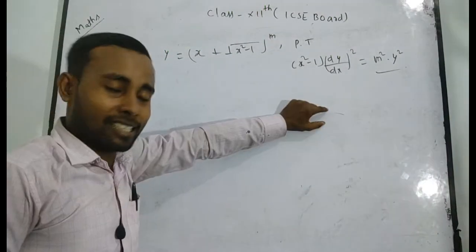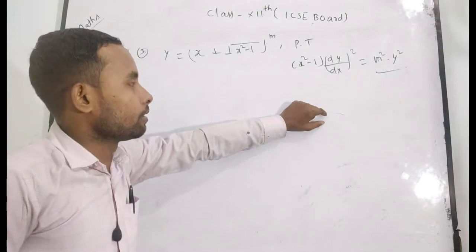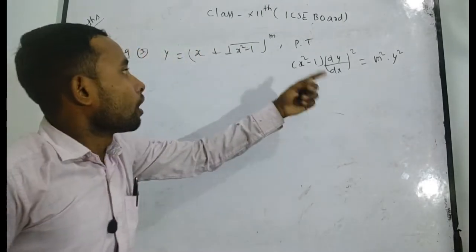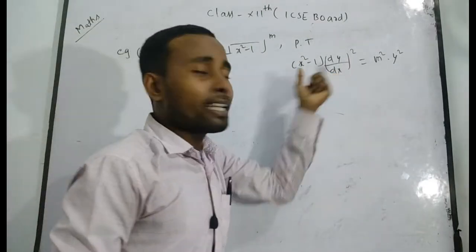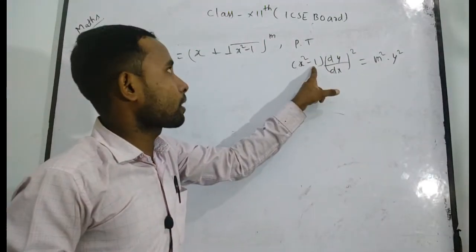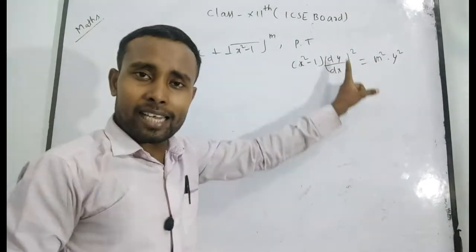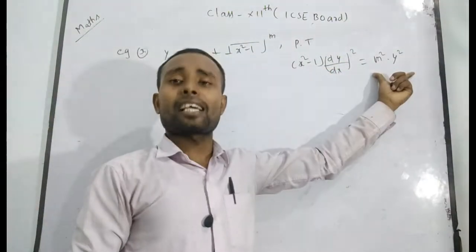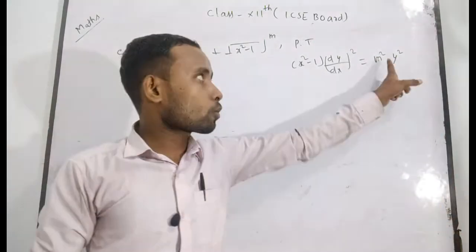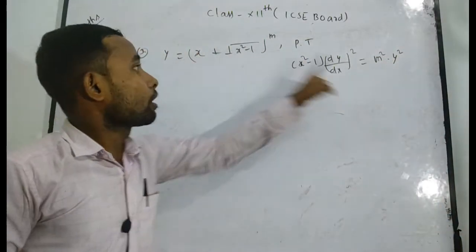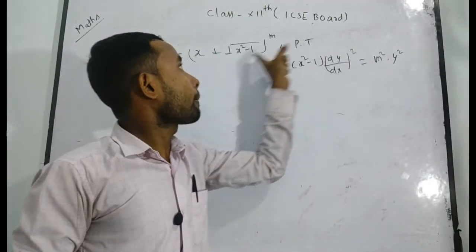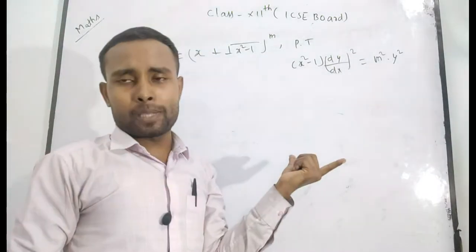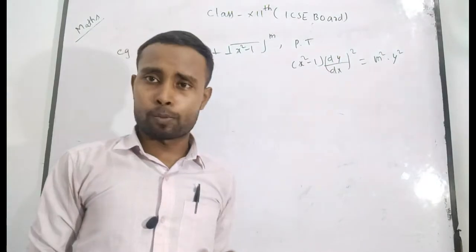See in LHS and RHS. First of all, I want to see in the LHS which term is given: x square minus 1 is given. Now you have to calculate dy/dx and put it here, and you will get some value of LHS. Again, see in the RHS: m square is constant, no use. Here y is given, so you have to put y square, that means the whole power 2 of this term. And compare both of them, you will get both are equal, so proved.